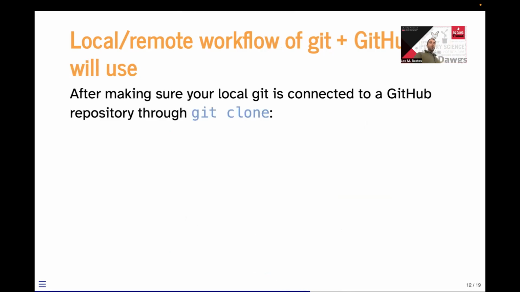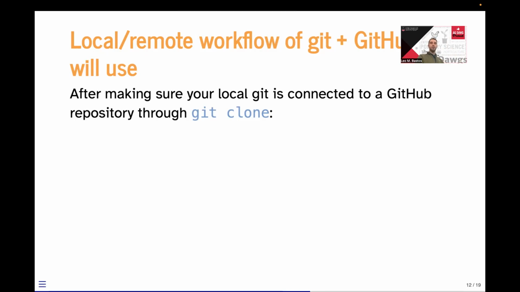Okay, so now we talked about git stage, git commit. I guess that's it for locally: git stage and git commit. You make changes, you stage and commit. Now, how does that incorporate or merge when we're using GitHub as well? So not just locally, but also remotely. So assuming that you have a clone of that repository on your computer that is connected to GitHub, so your local